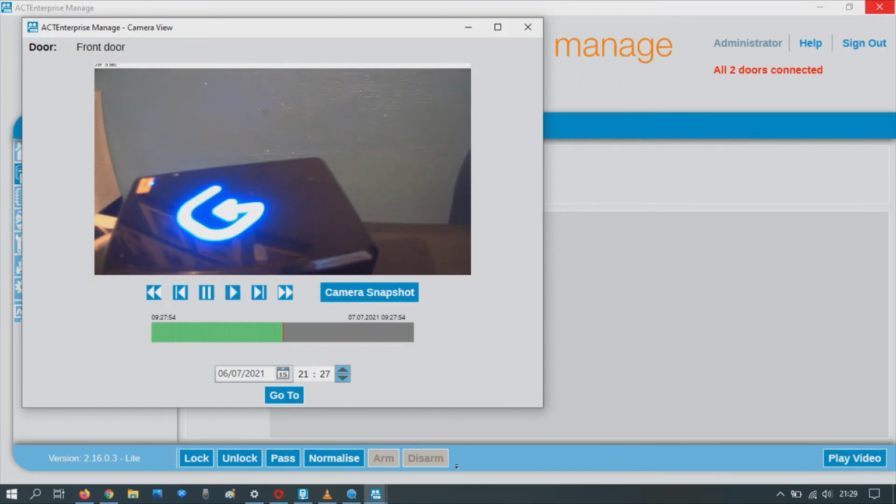You can see here, you'll see a card being presented to the reader in a second. There we go, the reader goes green. That's when someone got valid access. Once that time's out, we'll then see the unrecognized card. It will go back to blue. Then we'll see the next event, and in this case, it's red. Access was denied. So those are the events for the front door.